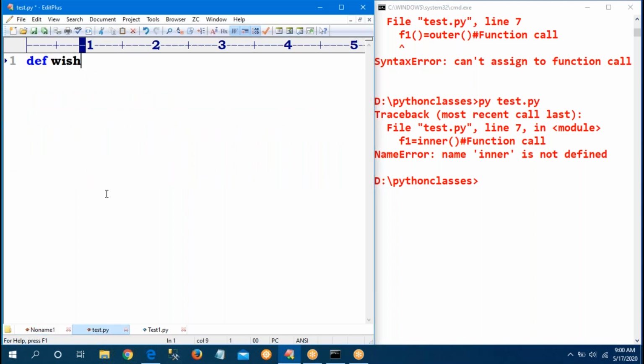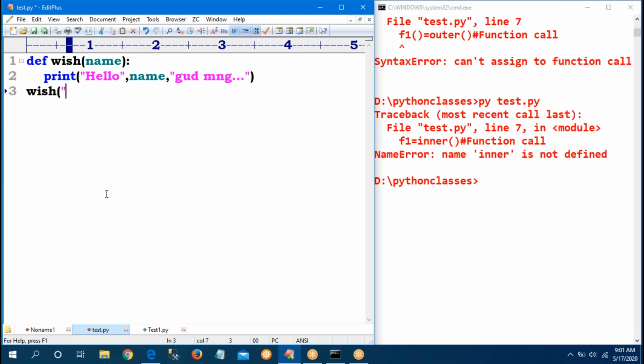def wish(name): print("Hello", name, "Good morning"). Sir, I am calling wish. Sir, an argument is there; you have to give some argument to the computer.